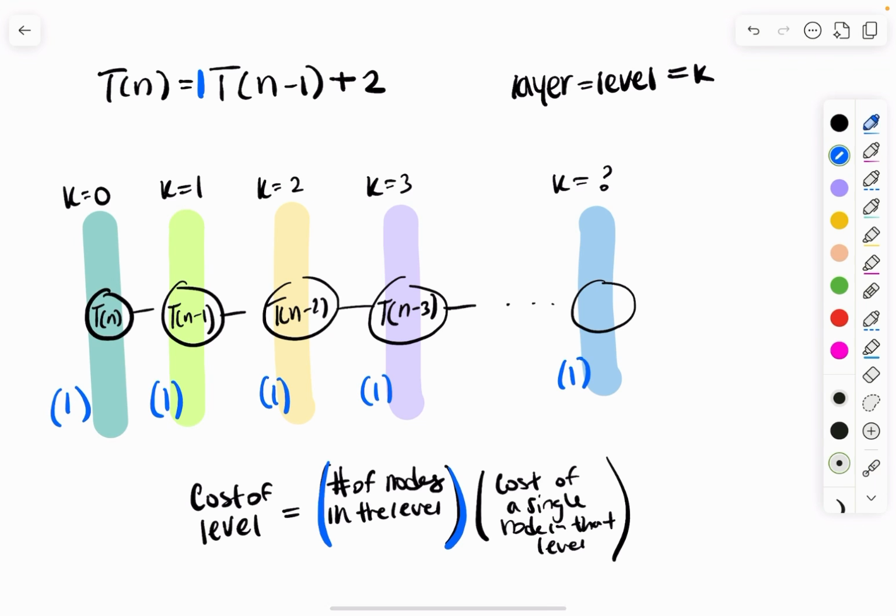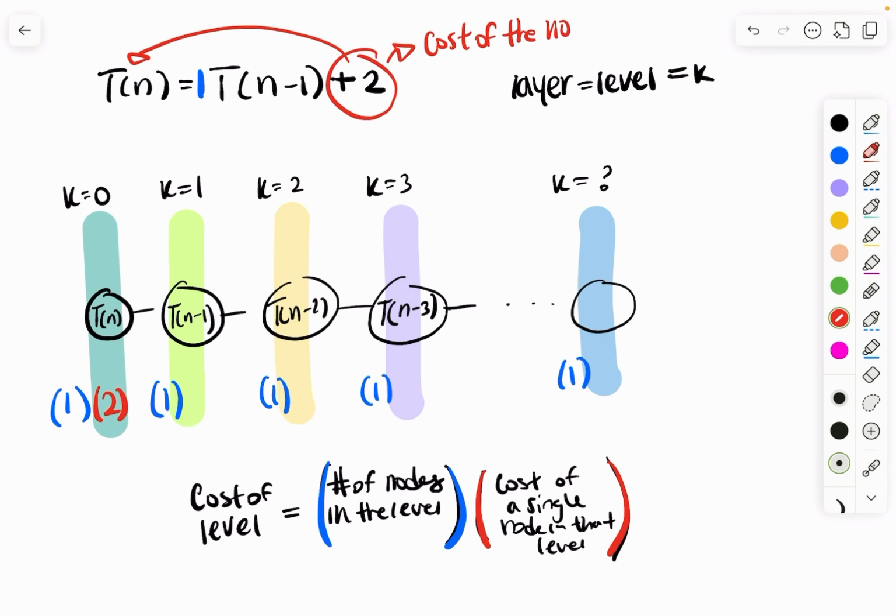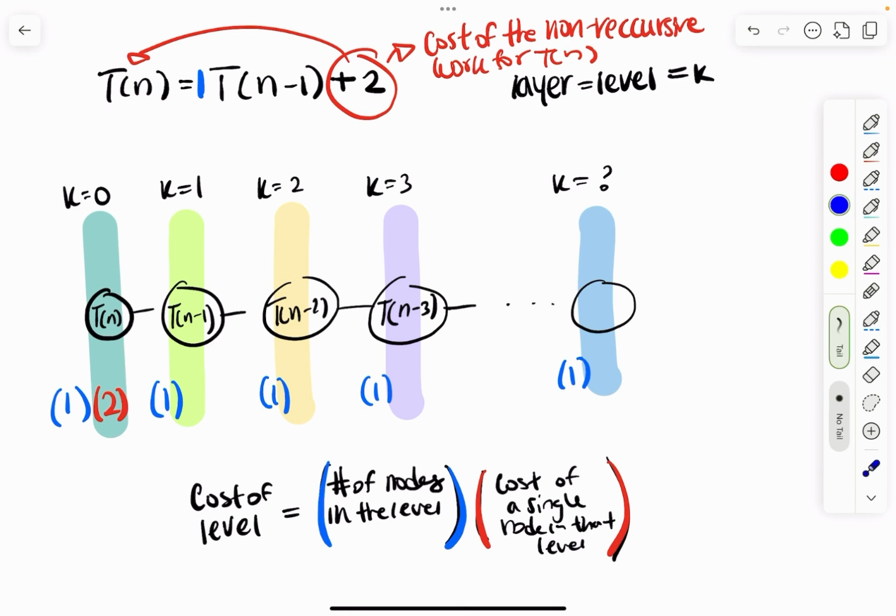And then after that, we need to find out the cost of a single node in that level. So here's what's always given. This here is the cost of the first node. So we know that the cost is 2. Here we represent this as the cost of the non-recursive work for just T of n. But because it's constant, no matter if it's subtraction or division, it's going to